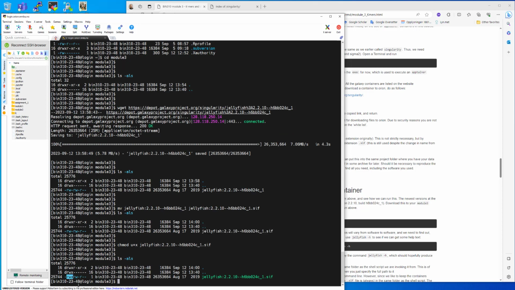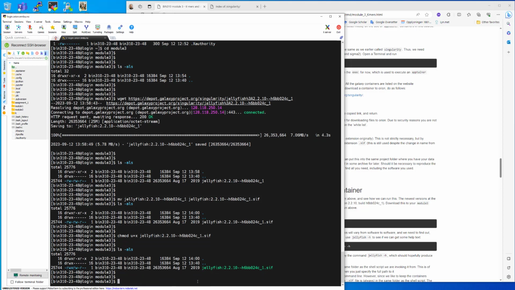RWX for me. And for others, I don't care. That we don't need to change because I will only run this. If you want to make it runnable for everyone else, you also have to put an X here. So you have to put chmod and o+x like this. But I don't do that. So now we have it